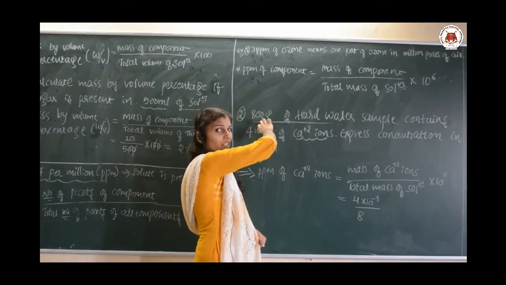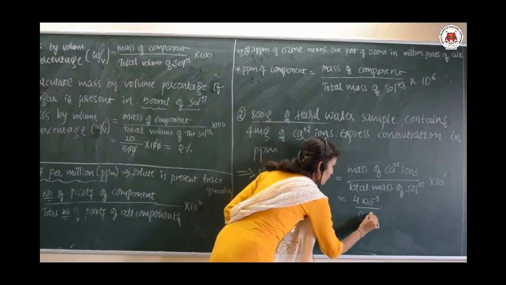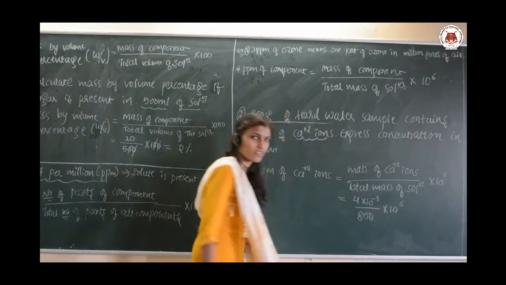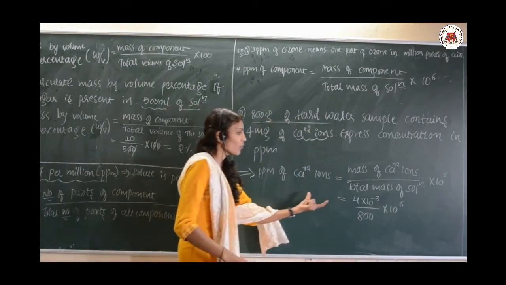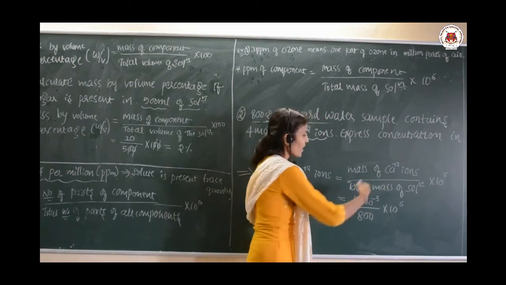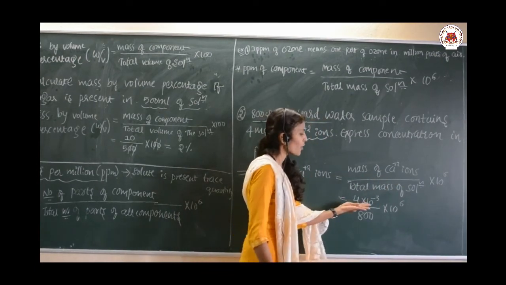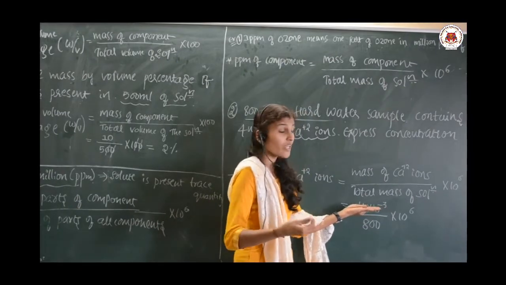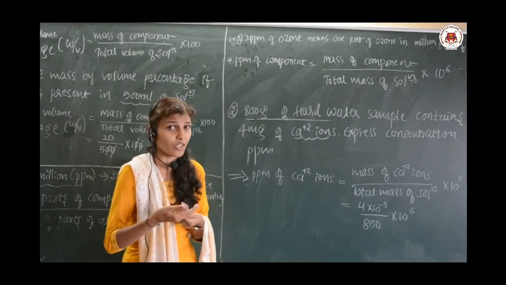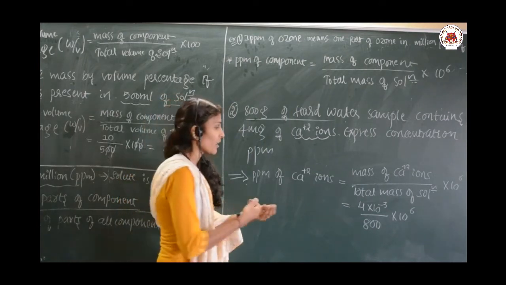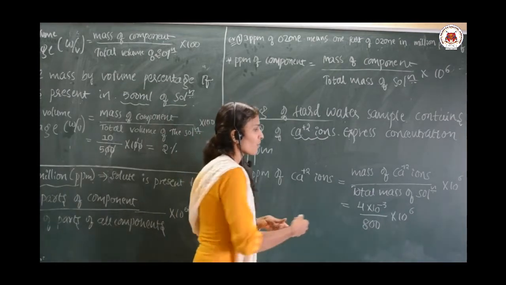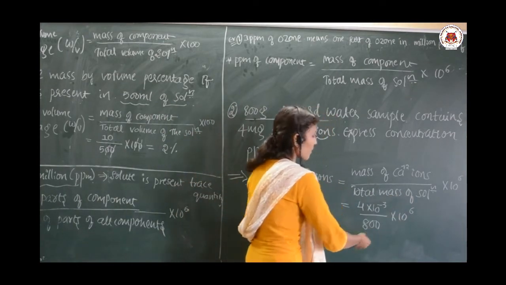Divided by the total mass of the solution, which is already present in gram, 800, into 10 to the power 6. I hope you are getting what I am substituting. The mass of the calcium plus 2, that is calcium ions, is 4 into 10 to the power minus 3. Why did I take 4 into 10 to the power minus 3? Because I converted that in terms of gram. And then the total mass of the solution is 800 gram,